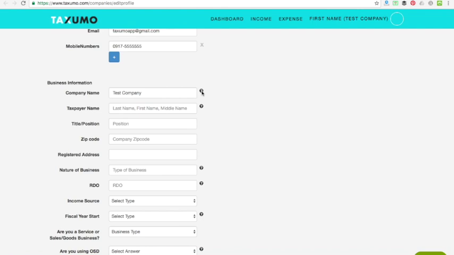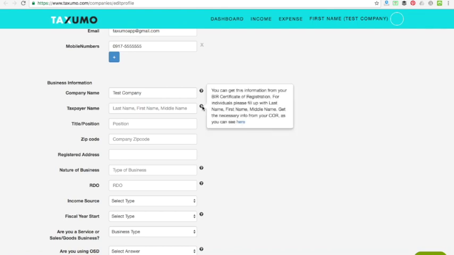Then for the taxpayer name, usually for individuals, based also again on your COR, key in your last name, your first name, and then your middle name. So let's say it's Arboleda Ginger. Then your position, you can put your position here. So let's say the COO. You can put the company zip code, your registered address,